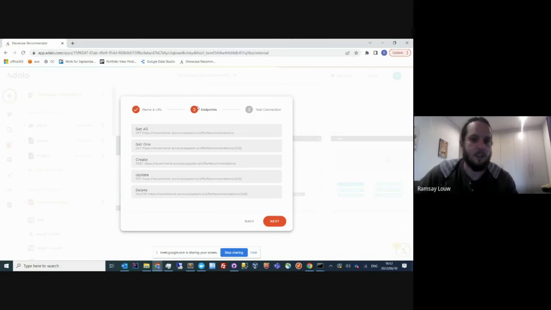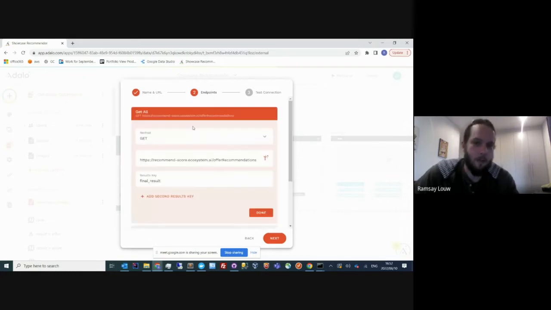This external collection is actually meant to simulate a data store. So you have to set up all of these individual ones. We're only going to be interested in the get all functionality. So we just set up this particular one. We tell it we're going to get that endpoint using the get method. And in this case, we just tell it to go 1 level deeper, because